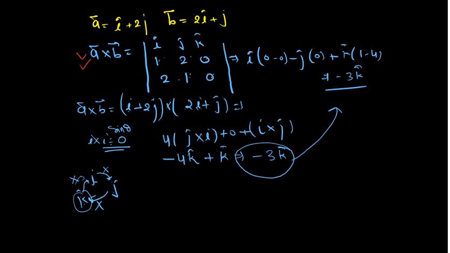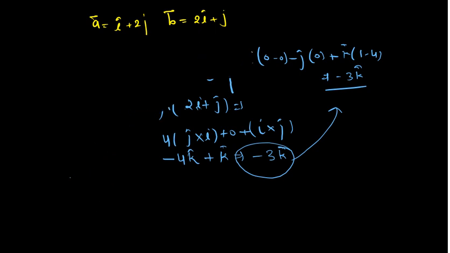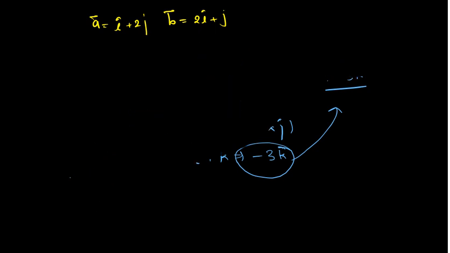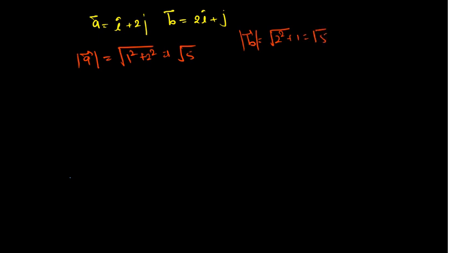Okay, now the next most important topic is equality of two vectors. You see we have two vectors, a vector and b vector. The question used to come whether two vectors are equal or not. In that case, if I want the modulus of a vector, meaning the magnitude, it will be the square root of 1 square plus 2 square, which comes as square root of 5. And for b vector, the modulus will be 2 square plus 1, which is again square root of 5. See, mod of a vector is equal to mod of b vector, no doubt.